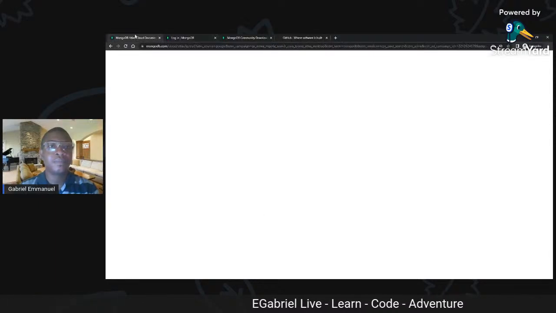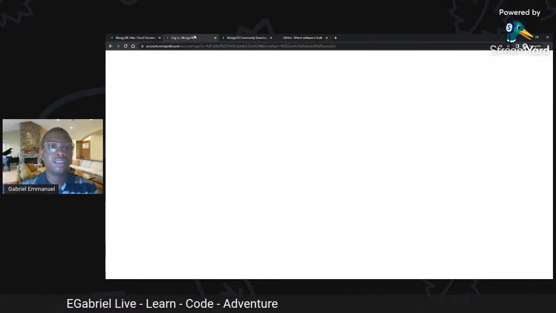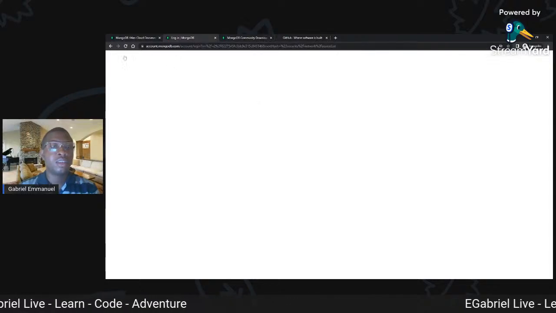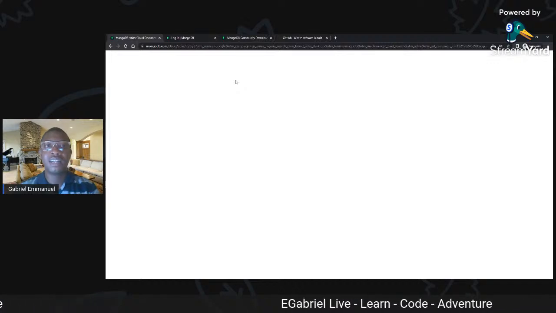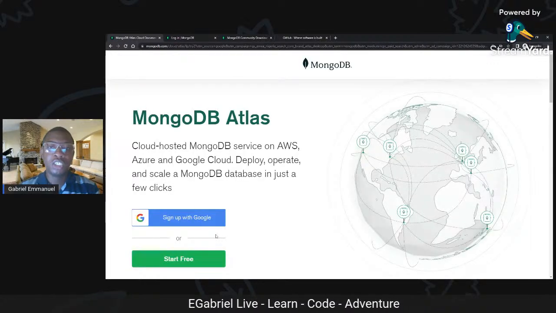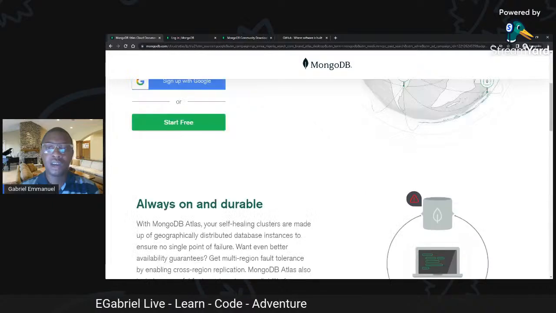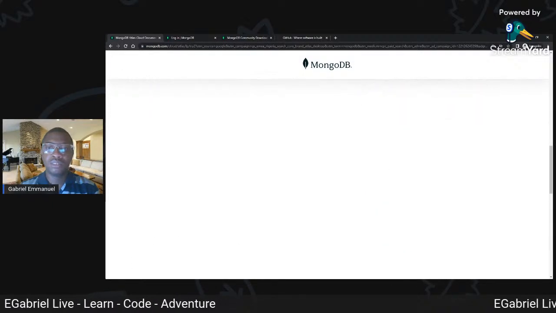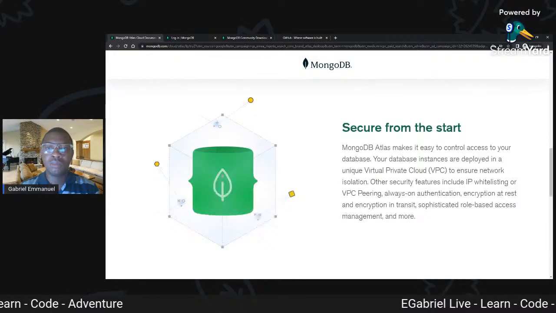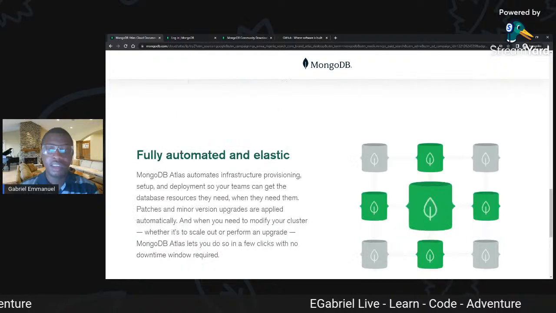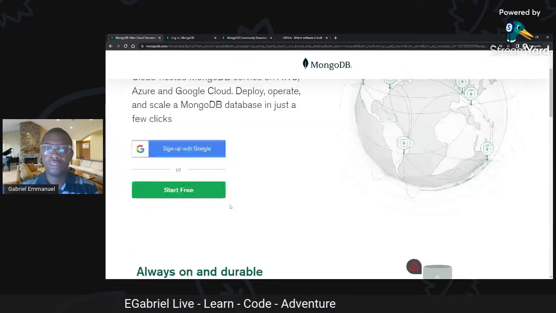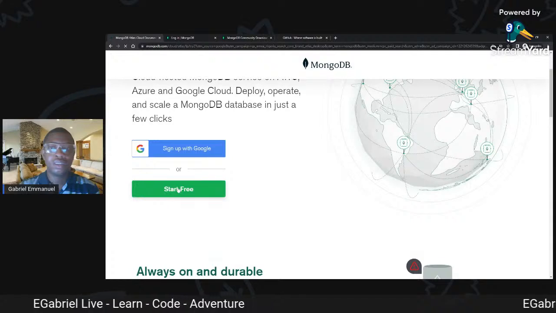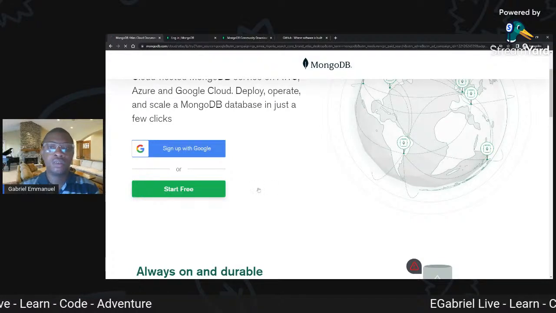If you go to mongodb.com/cloud/app, you can create an account and provision for yourself a cloud MongoDB storage for free if you're just trying it out. There's also the paid version if you want to use it for